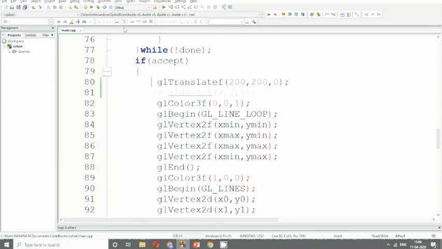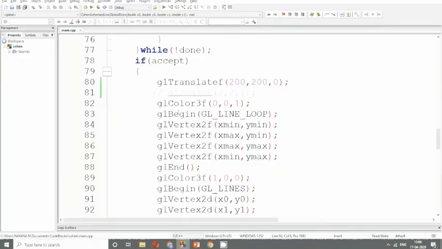For that reason, before I write, I will translate it by some 200 cross 200 units. So if I translate it, if you see now, that object alone, the second window that I have written with the clipped line, has moved from its original input picture.